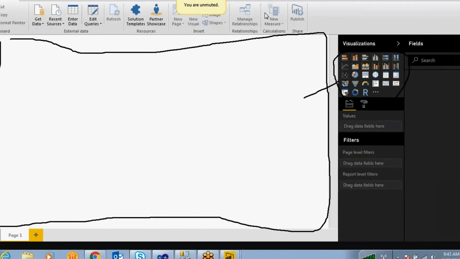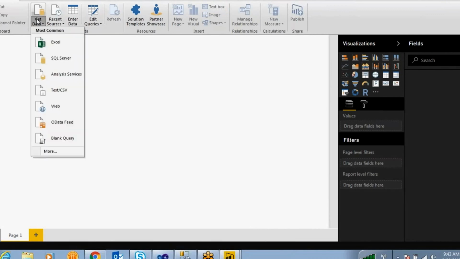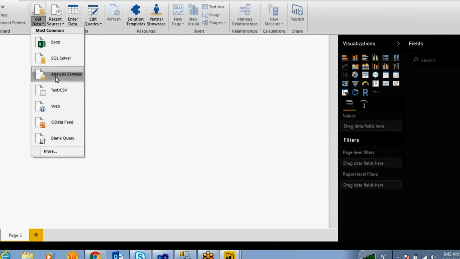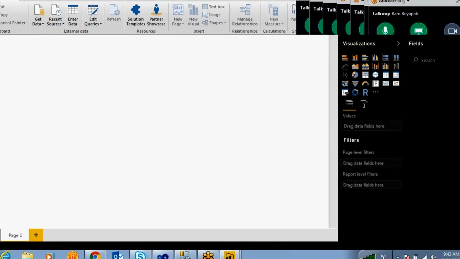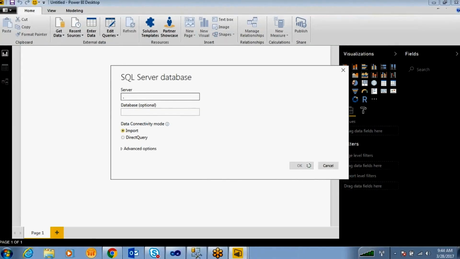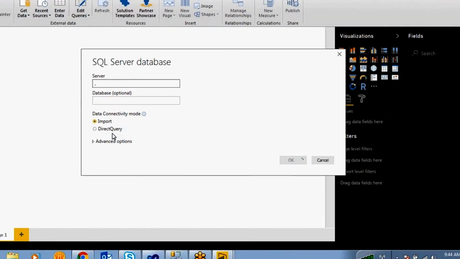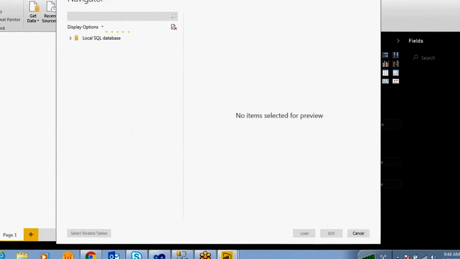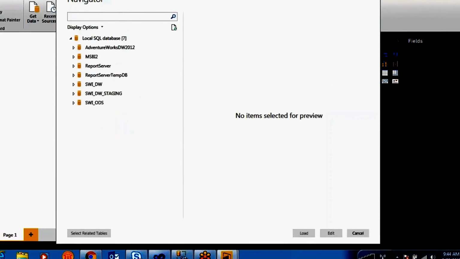The first thing we have to do is create a data source connection. You just go to Get Data and choose what kind of data source you want to take. I could take Analysis Services or SQL Server; you can take anything. I want to take SQL Server. You have to give your server name, and there are two options: either import the data directly or use DirectQuery. DirectQuery means it will take live data. Whenever your report is previewed, it will take the data from your data source. Import data means it will import the data into Power BI in memory.